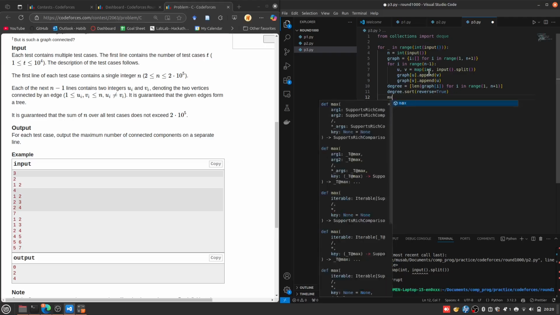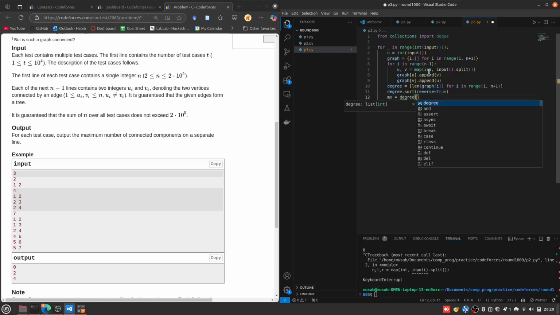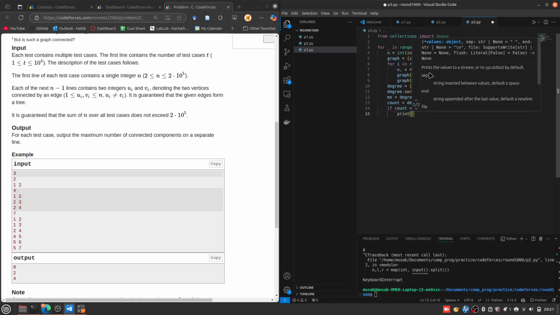Sure, fine, max becomes degree[0], right? And then for i in range(n-1): count becomes degree.count(max). So this will tell me how many. If count is greater than 2, print